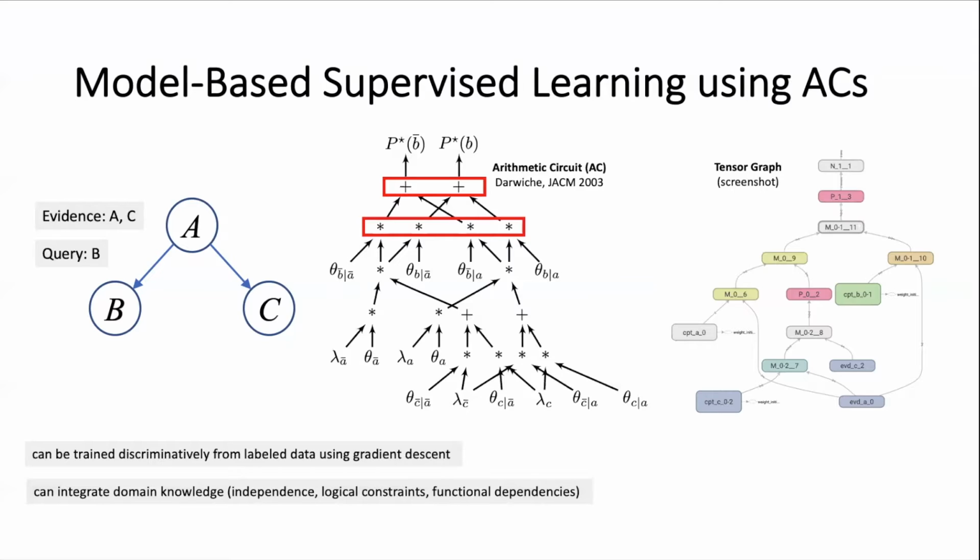So what is the contribution here? Well, here I have to make a distinction between integrating knowledge versus exploiting knowledge computationally. Integrating knowledge is easy from this point of view. Independence is already integrated, and logical constraints and functional dependencies typically take the form of fixing the values of some of these parameters, right? But what we want to do is exploit these computationally so we can minimize the size of the resulting tensor graph. Variable elimination already knows how to exploit independence, or structure, computationally. But what we are focusing on here is how do you exploit functional dependencies so as to minimize the size